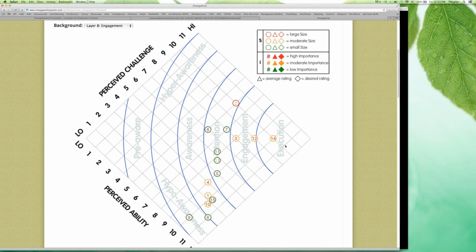Now, we can't leave well enough alone. When you apply this concept to tension management, or you apply tension management to this concept, then a broader range of possibilities arises. And so instead of just looking at these bands as simple four or five steps, we want you to notice where in that band you might be plotting. For example, when it comes to awareness, you could be very far up grid or very far down grid and still have awareness of what's going on. So what's the difference between up grid awareness and down grid awareness?